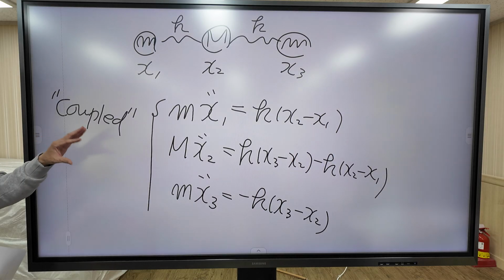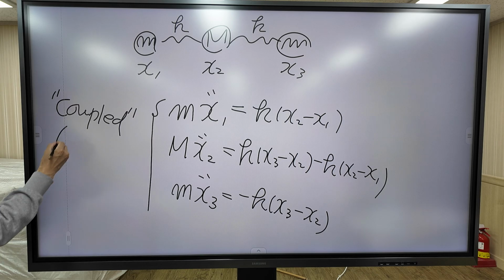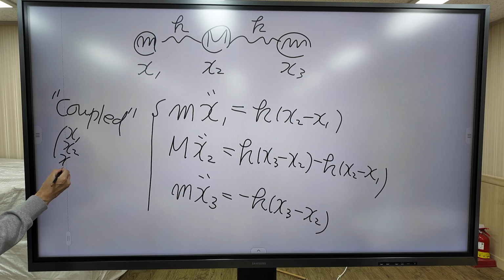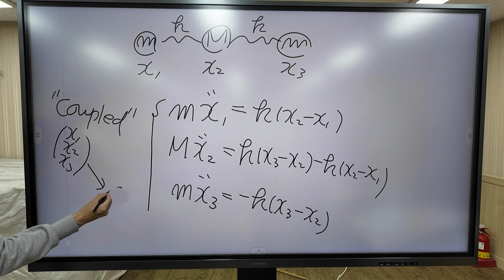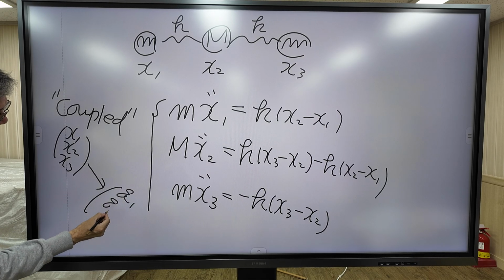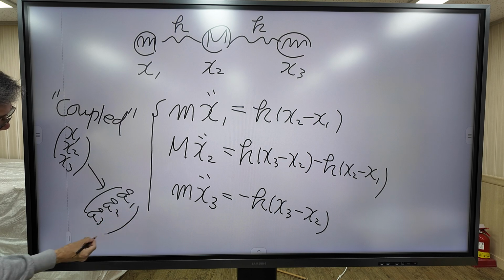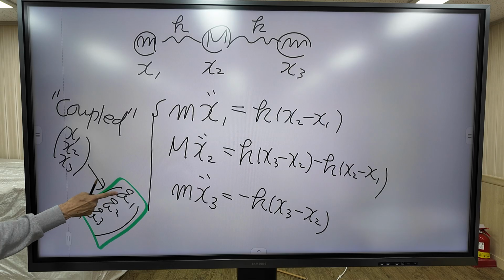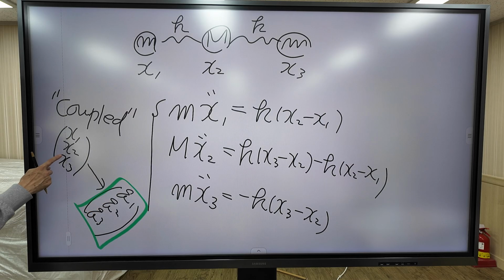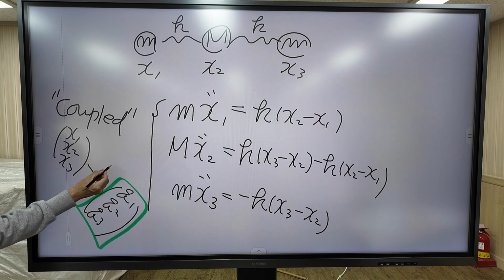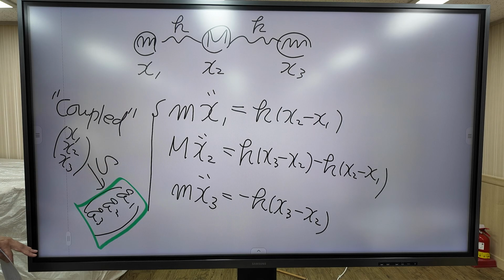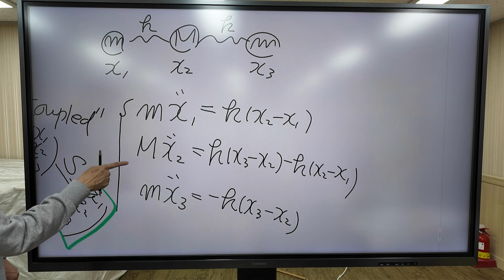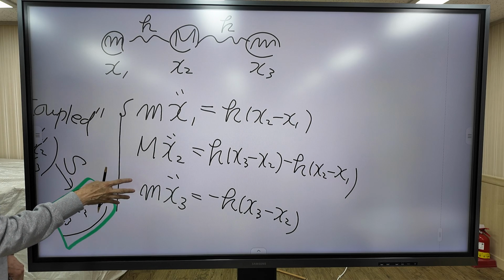So to solve this equation, we are going to introduce new coordinates. This equation is expressed in terms of x1, x2, x3. Now I'm going to introduce new variables q1, q2 and q3, and we are going to rewrite this Newton equation in terms of these new coordinates. To transform from the old coordinates to the new coordinates, we are going to introduce matrix S. This is our strategy. So in the first step, I'm going to rewrite this Newton equation in matrix form.